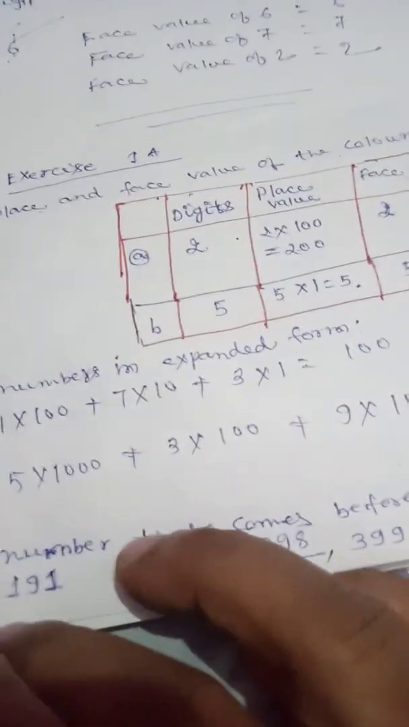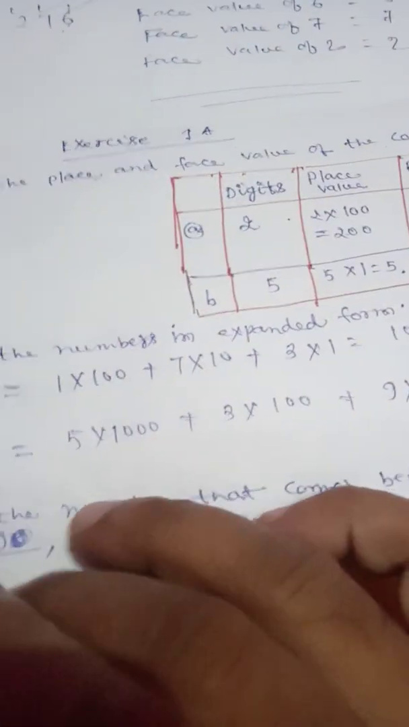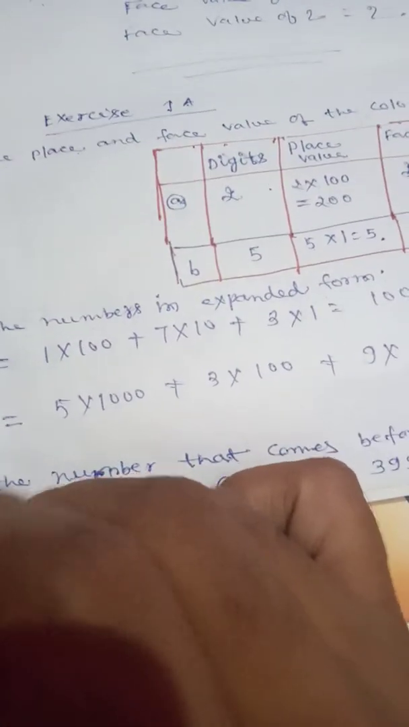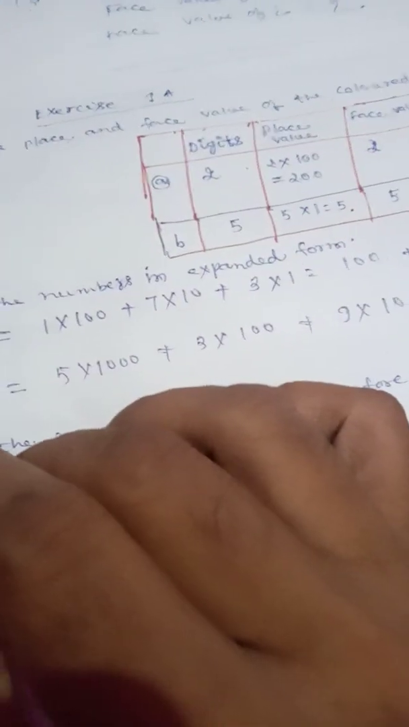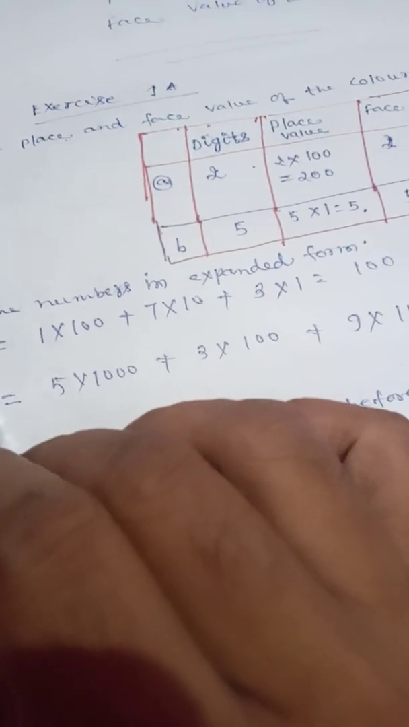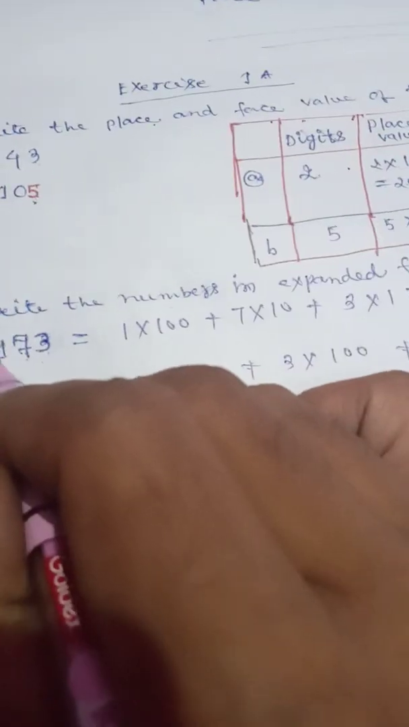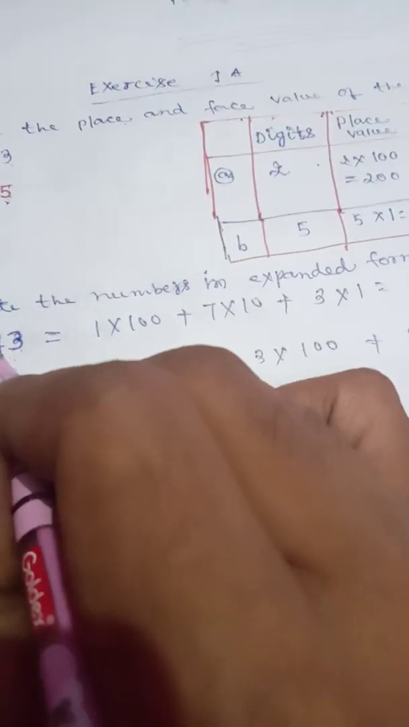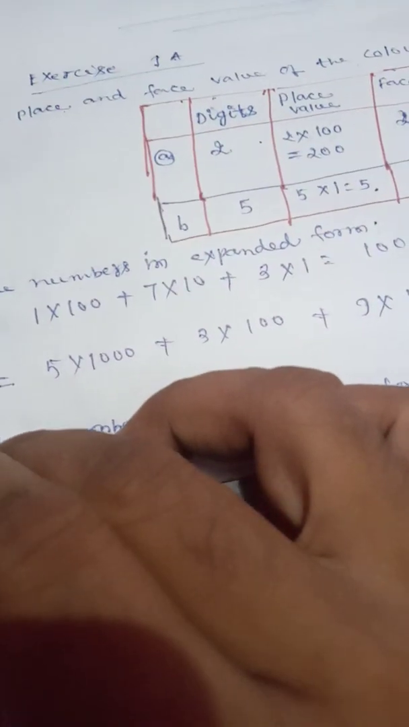Question number 2. Write the numbers in expanded form. Now the number is 173. If we see the place of the digit, 3 is at the one's place, 7 is at the ten's place, and 1 is at the hundred's place. So the expanded form of this number is